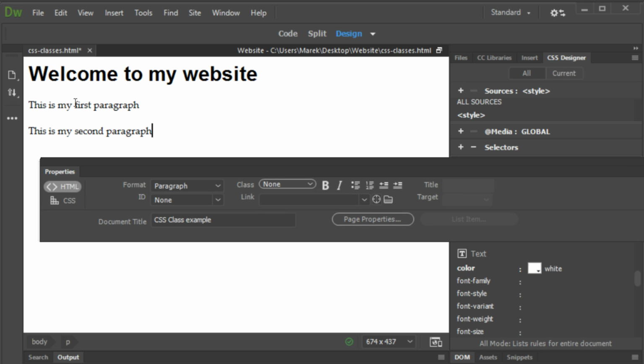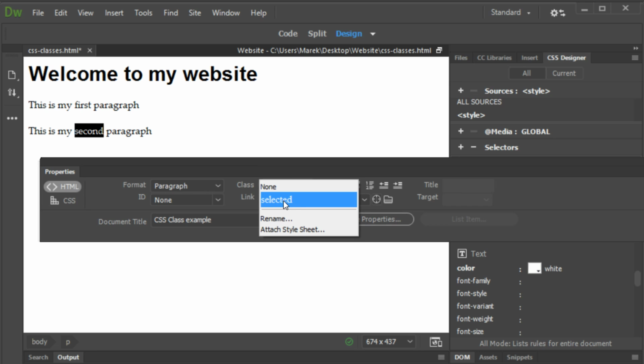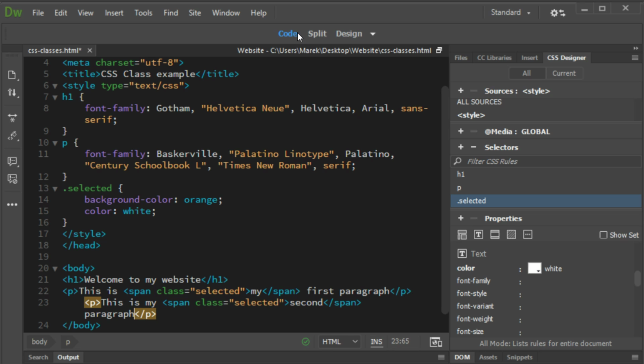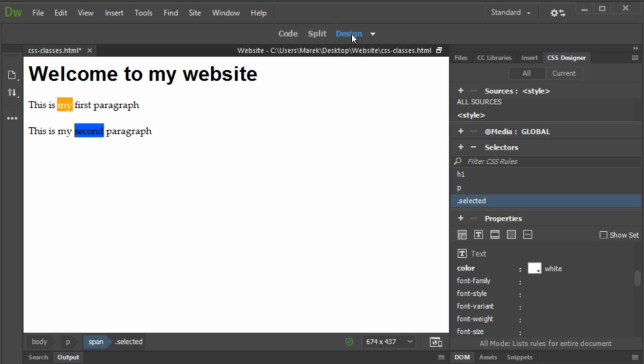Because I have that class, I can now select the word second as an example and apply a selected class to it. I can also do that for the word my and do the same here. Now, because I've done that, Dreamweaver's attached these span classes around this, so it's just selected that text. But at the same time,